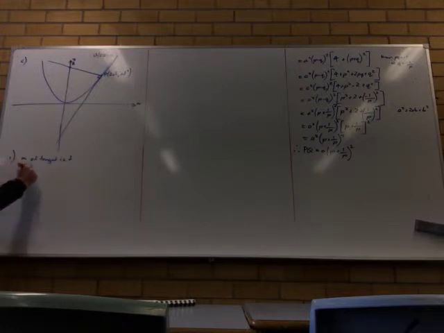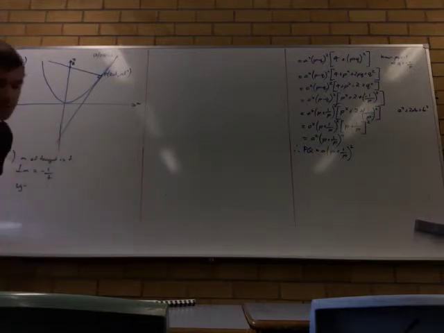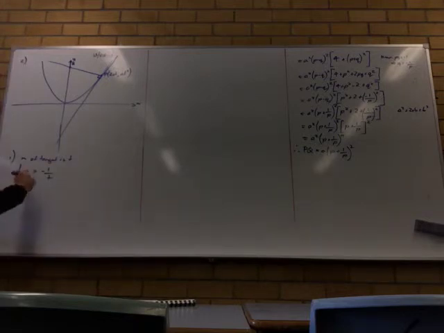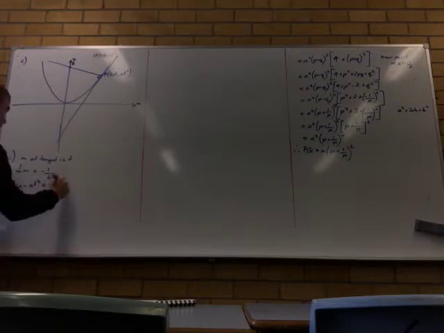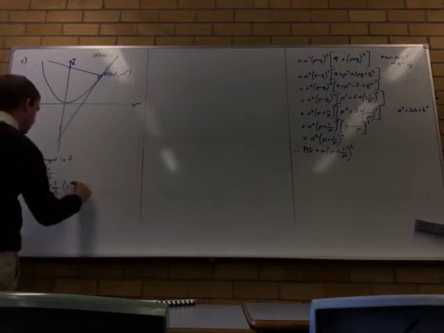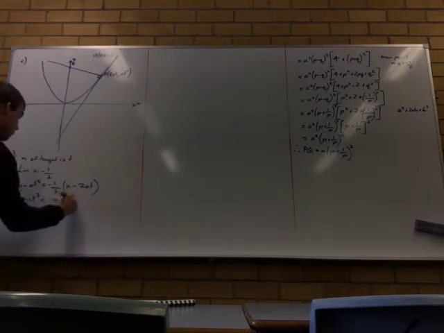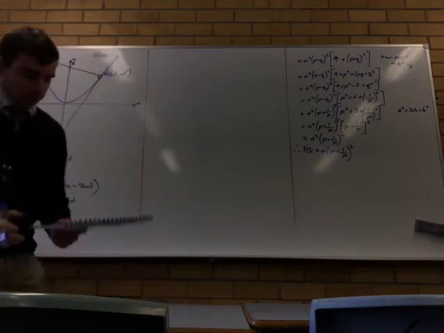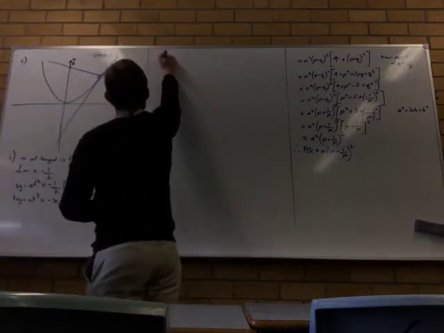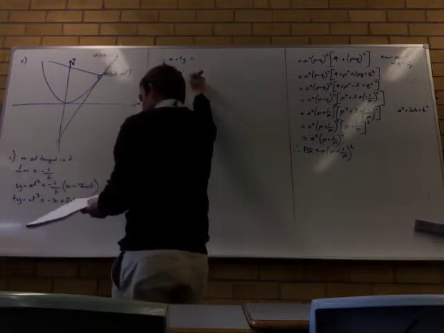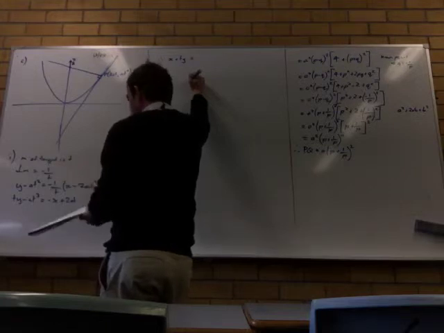Okay, so the perpendicular gradient is going to be -1 on T. So we now need to find the equation of the normal at P, and we'll write it in the format of our notes. So x plus ty is equal to 2at plus